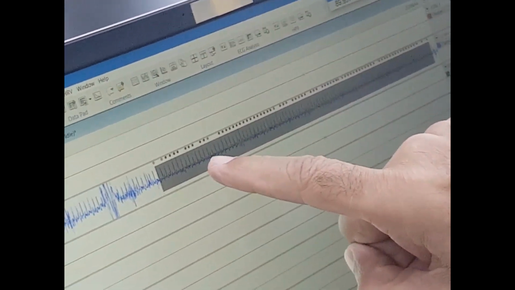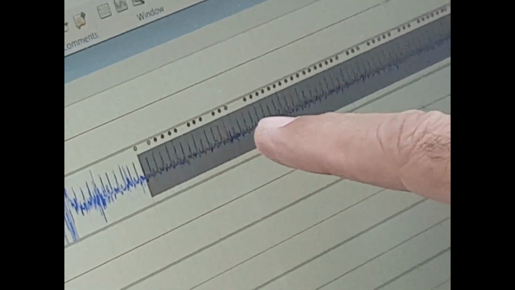All circles are there. And now immediately you can see that it has missed this beat, it has missed this beat. So many beats are not being detected by the program at certain thresholds. So we can go back to settings,